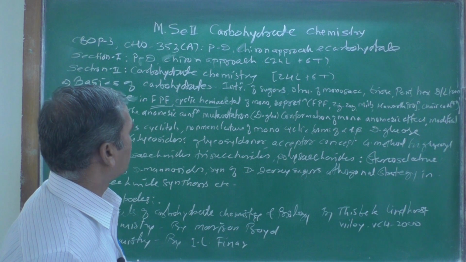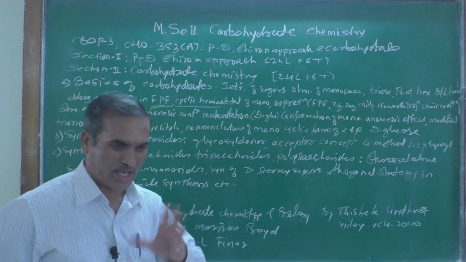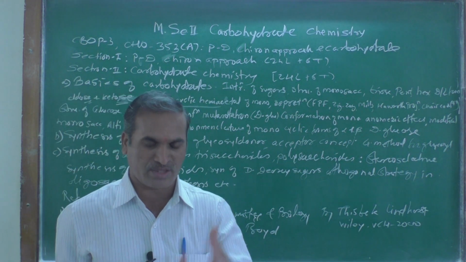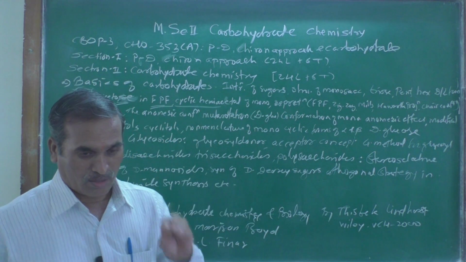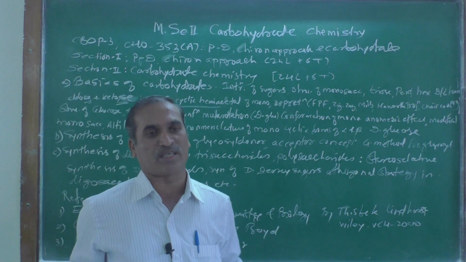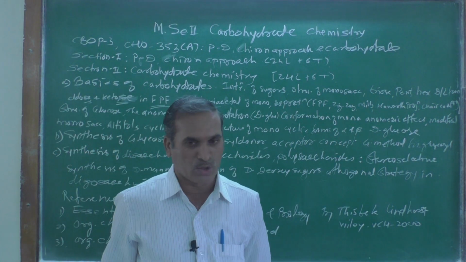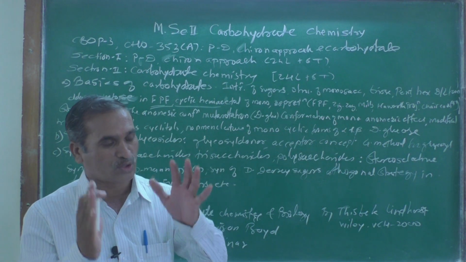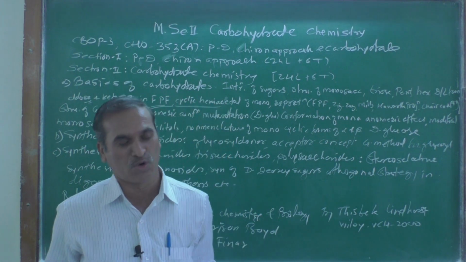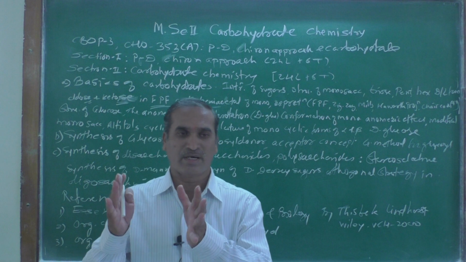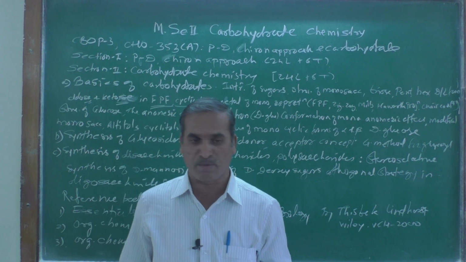of the sugar unit, that is, of monosaccharide. As we know, in the Greek word, saccharide is nothing but a sugar unit. Then, representation of this monosaccharide, we are going to see classification of carbohydrates: monosaccharide, oligosaccharide, polysaccharide. So these carbohydrates are mainly classified into three types: monosaccharide, oligosaccharide, and polysaccharide. These are the three main classifications of carbohydrates.